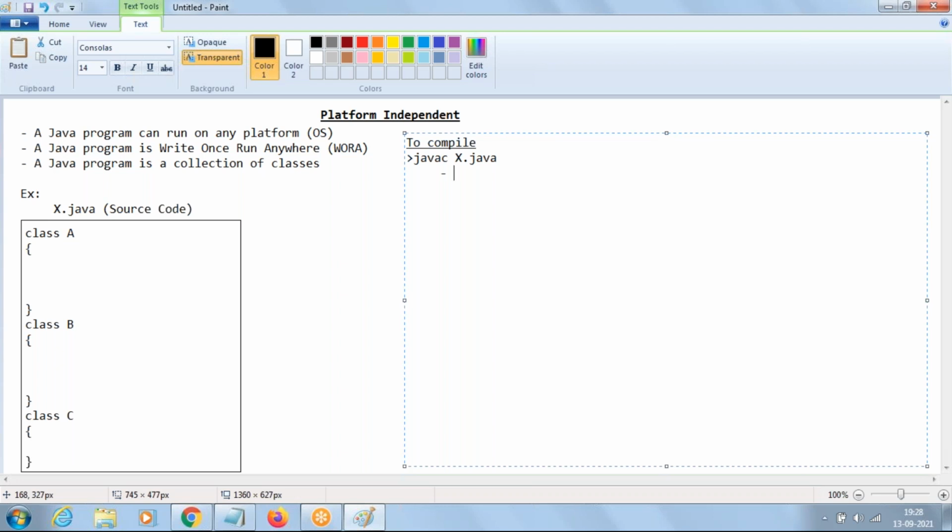How many classes are there? Three classes, right? Depending on the number of classes, that many class files will be created. Once you compile, it creates an A class, a B class, and a C class. Depending on the number of classes in your source code, that many class files will be created. And these class files